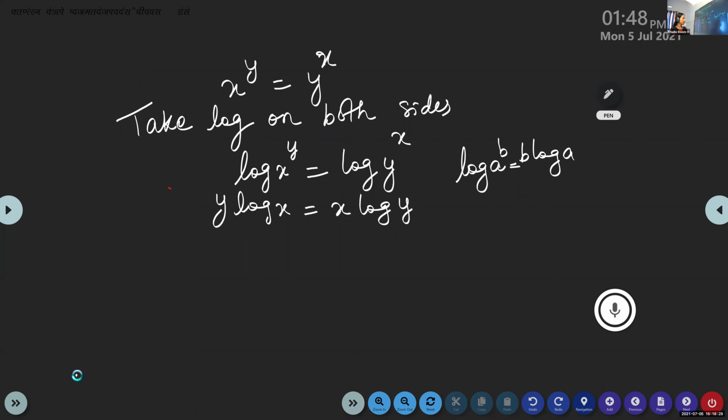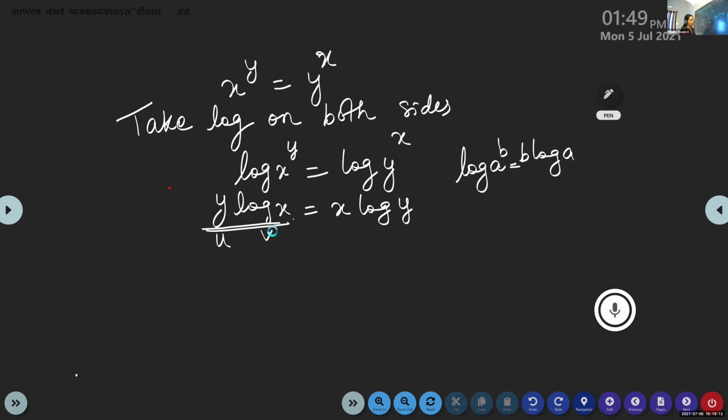Now look, children. Okay, now don't write, listen. Look at this function y log x. How will you differentiate this one? Which rule will you use? Product rule. Very good. Why are we using product rule there? There are two functions, y and log x. Y is a function, and log x is another function. So two functions are there, and we have to use product rule. The first function is u, the second function is v.